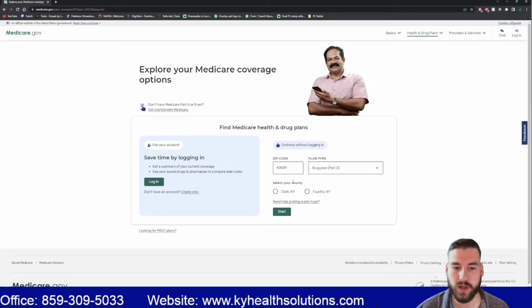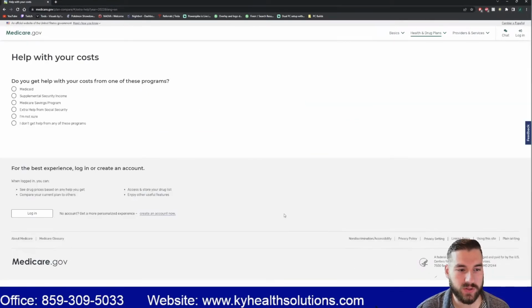And with this zip code here where we are in Kentucky, there's actually two different counties you could technically be in. We're going to hit Fayette County because that's where we're at. And it is based on county for some of these plans, so it's important you select the right county because if you select the incorrect county, you could have plans pop up that are not actually available to you. So once you've selected that, we're going to hit Start here,